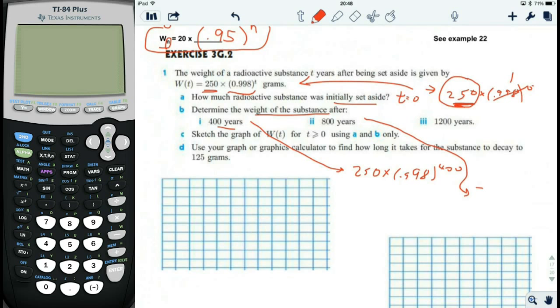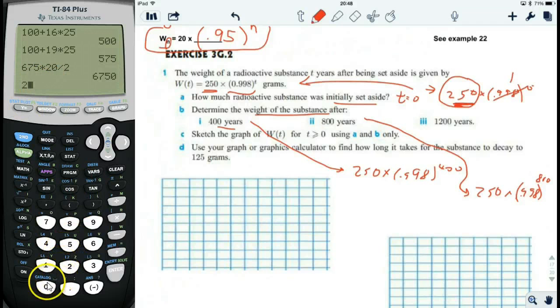Next one would be 250 times 0.998 to the 800th power. Okay. All right. Now let's look at two different ways to do that on the calculator. First way I'm going to show you is just using the regular screen. So 250